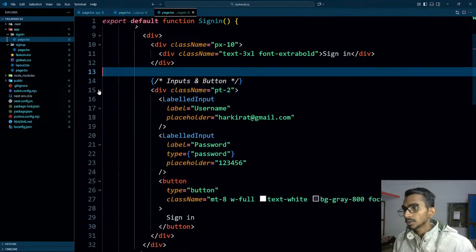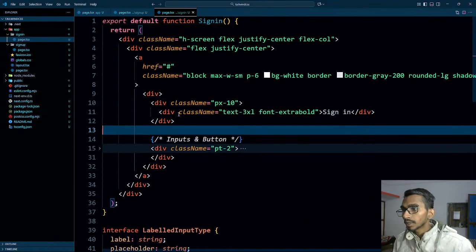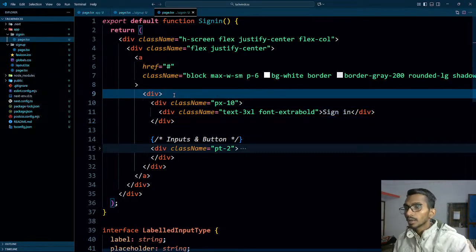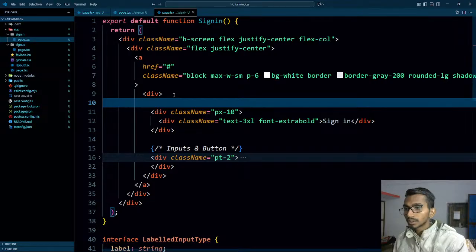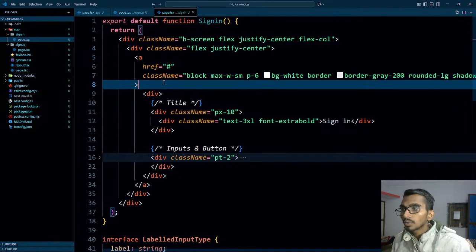Here we have these two things inside it. That's okay. And above it I have this sign in title, so it's going to be like a title, as simple as that. Can be a header, and this is the outer